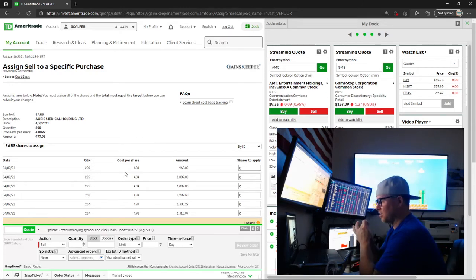I'm sure you can let it go to default and just let it do its thing, but more than likely you're going to get a wash sale or something's going to happen, because the default never lines up correctly. So this one shows I had this stock, EARS, at 200 shares that I sold for $5.889999. So I'm going to just say I sold it for